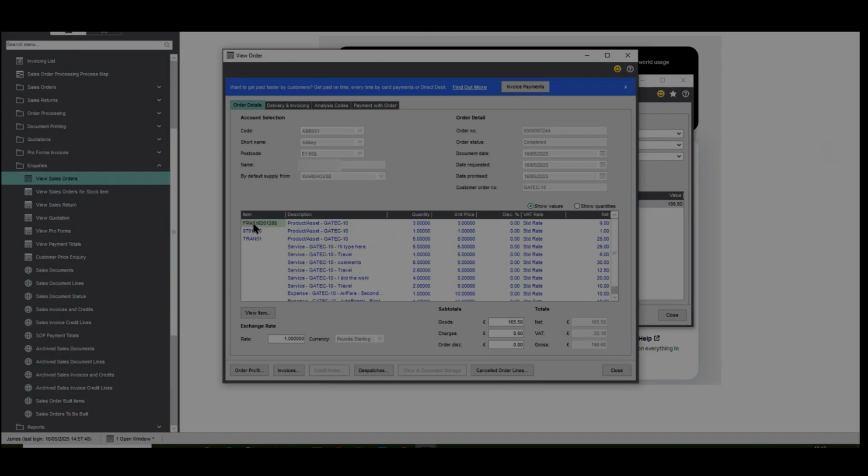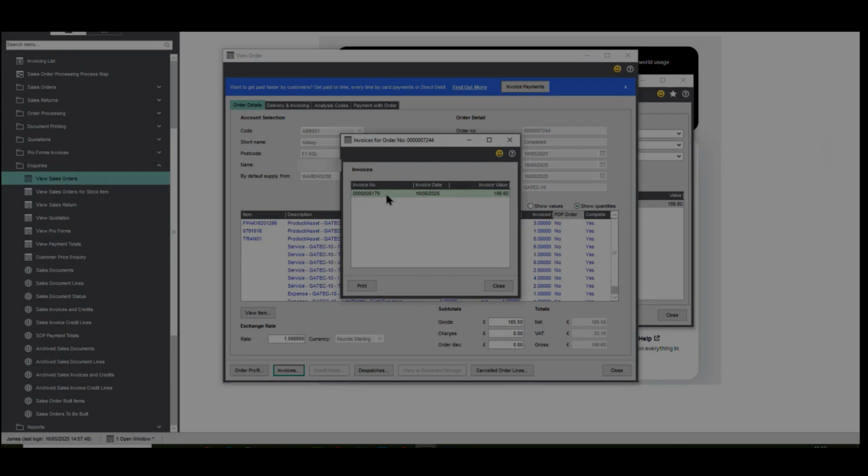So the assets are coming through as obviously item types. The services and expenses are just free text items because there's no stock movement. If we show quantities, you can see that it's been dispatched and invoiced, and everything's complete because we're doing everything in one step. Now, if we go over to invoices, we can see the invoice is being generated. And if we just go to print there,